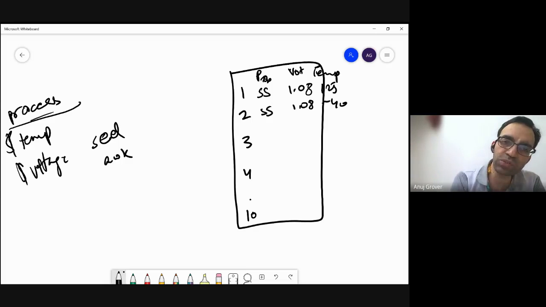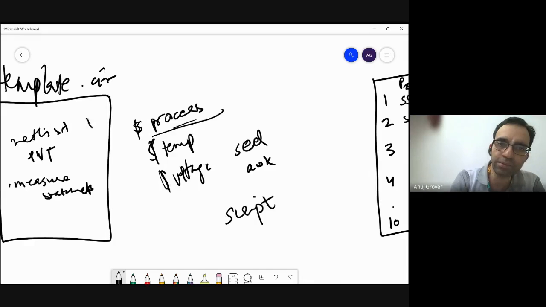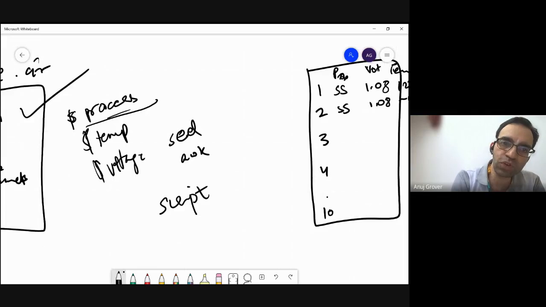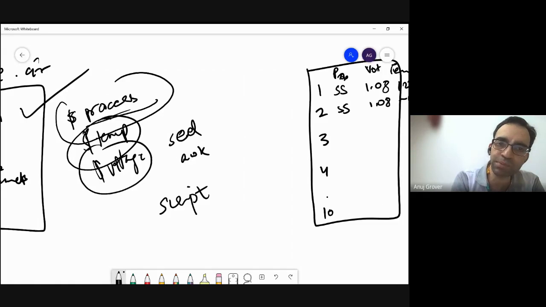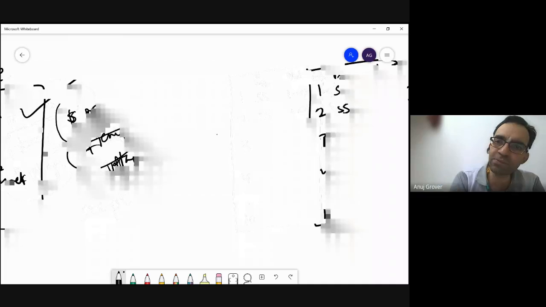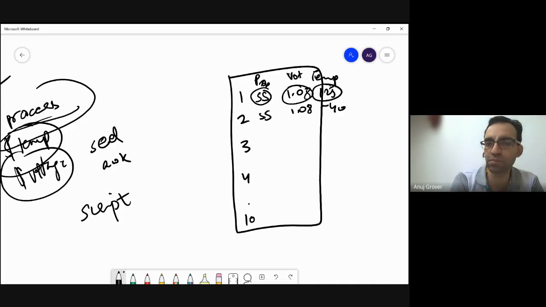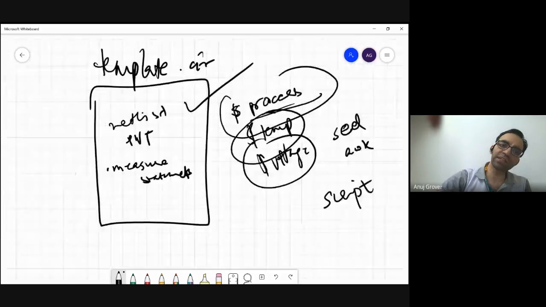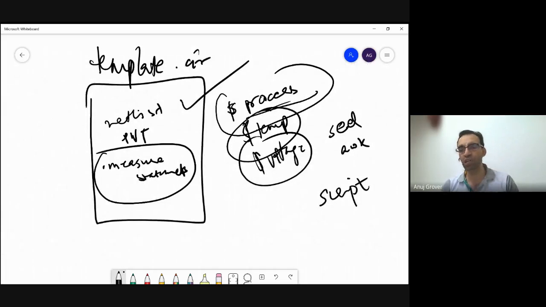So then what you do is you make a script which picks up this template file and searches for these terms: process, temperature, voltage, etc., and replaces them with whatever is there in this section. So you just write the script and you will have all these 10 files ready with you in one go. And once you have these 10 files, all you need to do is launch these 10 simulations. If you have the measure commands already written in there, all the measurements would be directly done. You don't even need to open the waveforms.